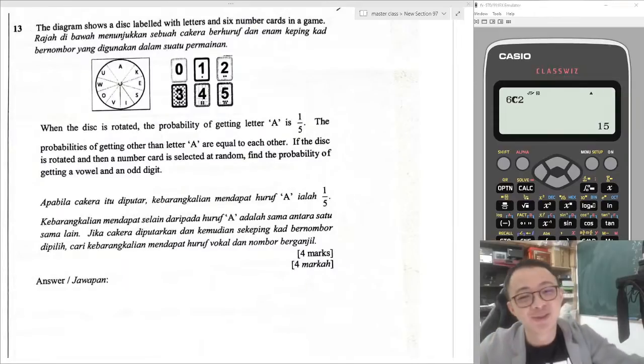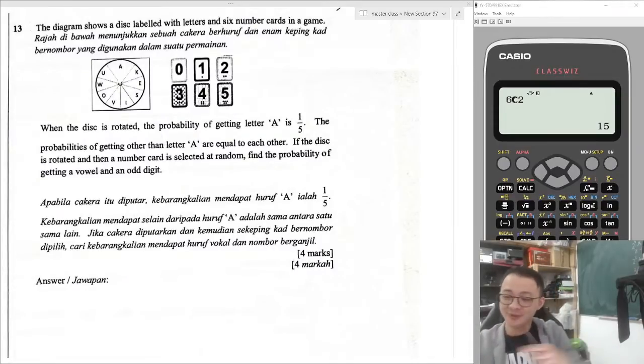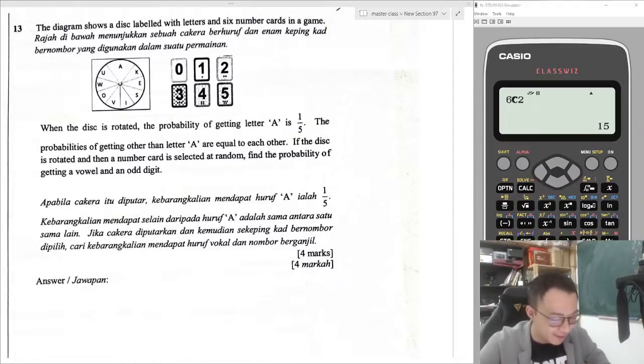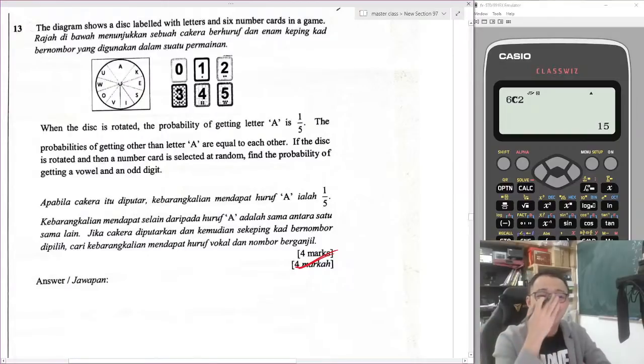Hello. Alright, so let's continue. Let me mute my phone. Alright, so yep, let's continue question 13. Okay, this format is considered easy compared to the format just now. Yeah, let's see, is there any comment I need to read here? Alright, so